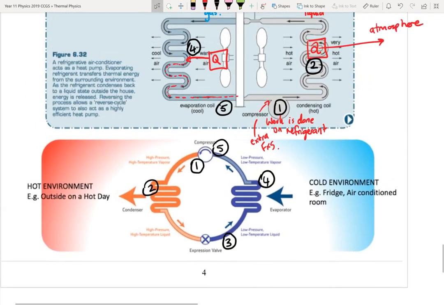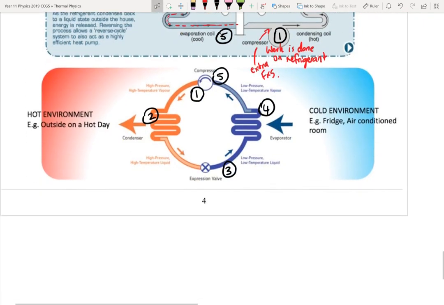Is the expansion valve and the expression valve just the same thing? Yes. So if you look what's happened, we've gone from high pressure liquid to low pressure liquid, and then where it evaporates turns into a gas over here. So obviously they've spread it out a bit. It's going to expand into this coil, but they've just kind of separated it to show you the different steps, step 3 to 4. So yeah, high pressure to low pressure, that's where it's allowed to expand out and the gas effect occurs. Okay? Now,